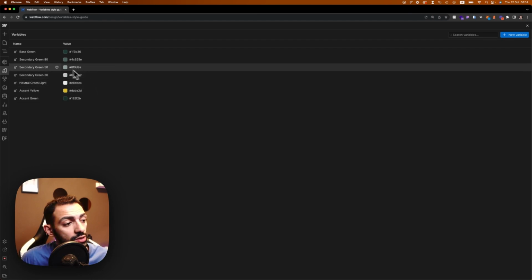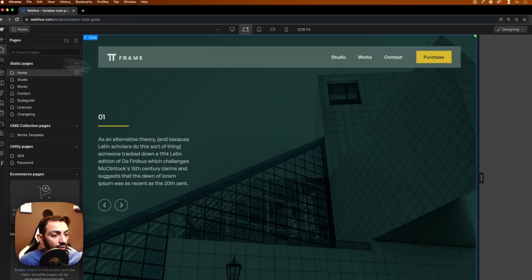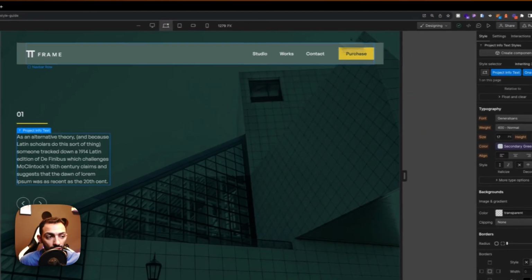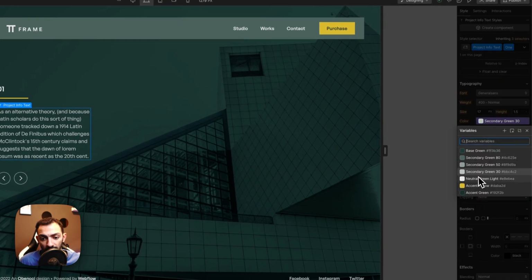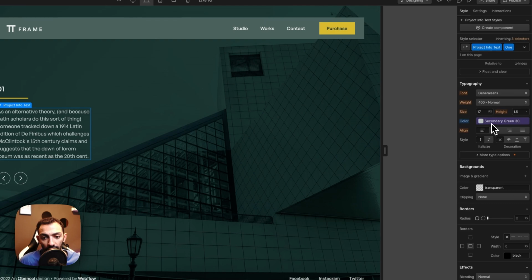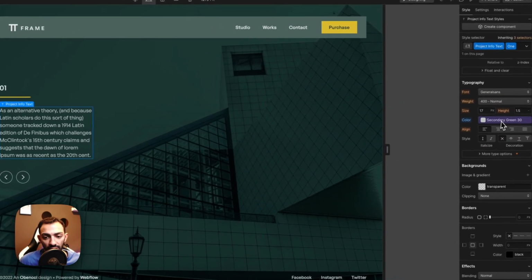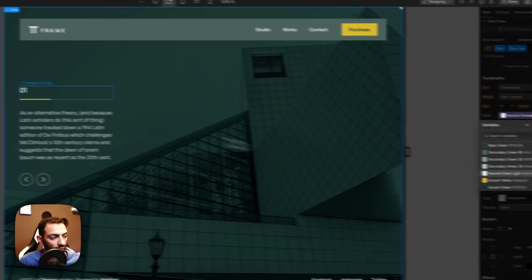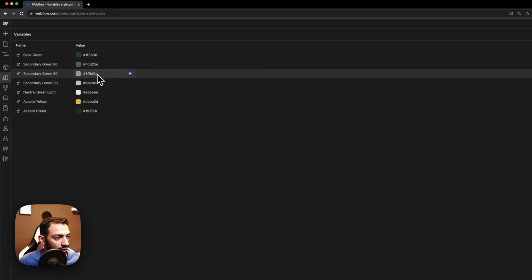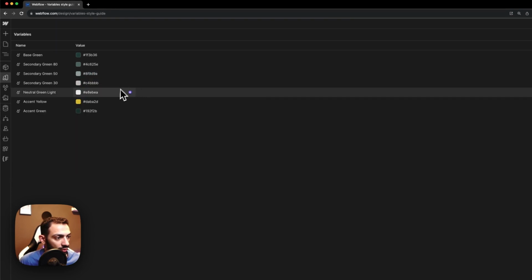So variables are what you can set across different places. You can just choose that variable. So in this case, the color is a variable, it's secondary green 30, and you can just choose that color for this element. And if secondary green 30 changes, which is now BBC4, so if we go to variable and change color green 30 to like, I don't know, red,